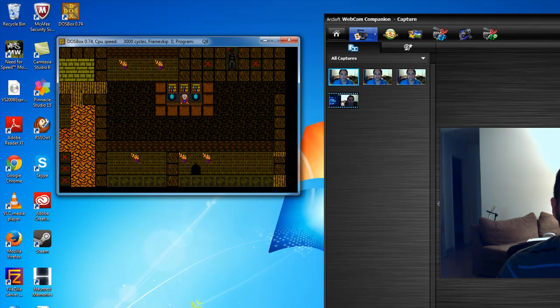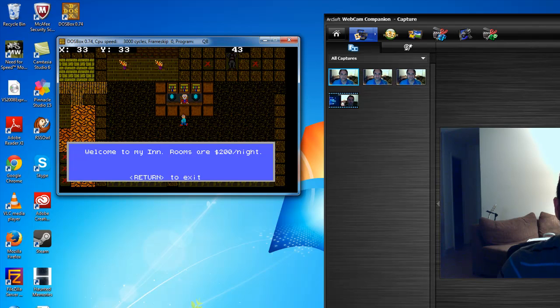And you can see this is an inn. You press up here, and it tells you things. $200 a night. Do you want an inn? And you say yes. Here's your room key. Okay. And it's the pads. What I can't show